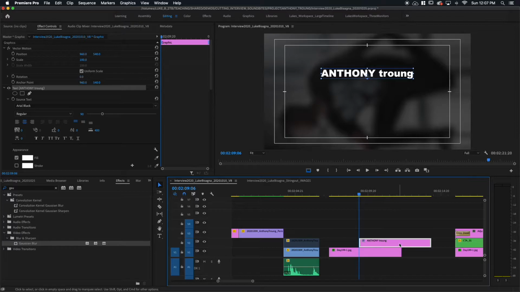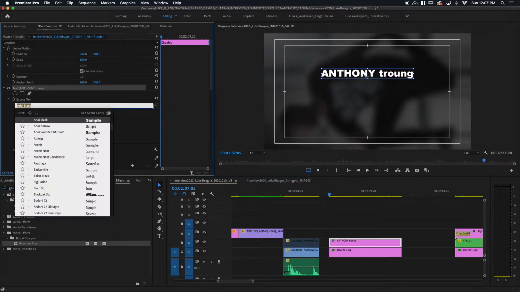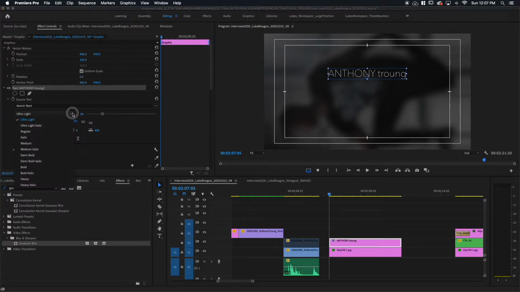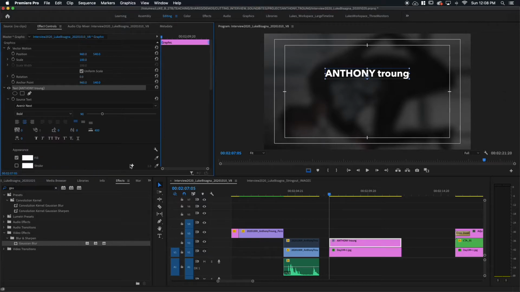And now I'm going to line up the clip here on the other clip here in my timeline. Bring my playhead back to the beginning. And before we go for the next level here, I want to change the font. Right now it's defaulted to Arial Black. And I happen to like Avenir Next. And that's what we used in his lower third too, so it might as well match. So I'm going to go to bold for that. That looks great.